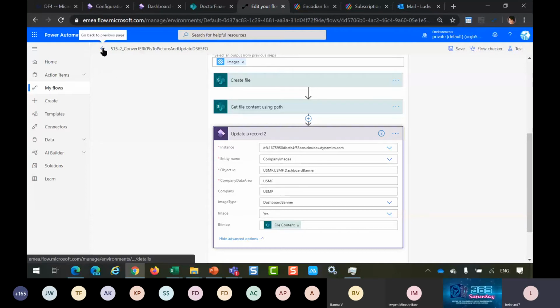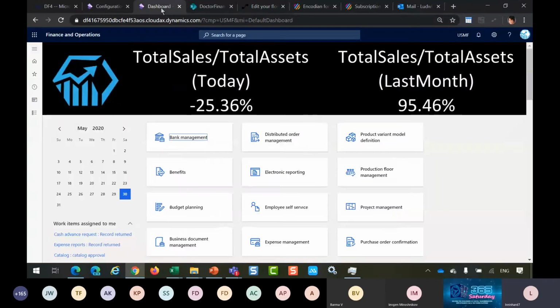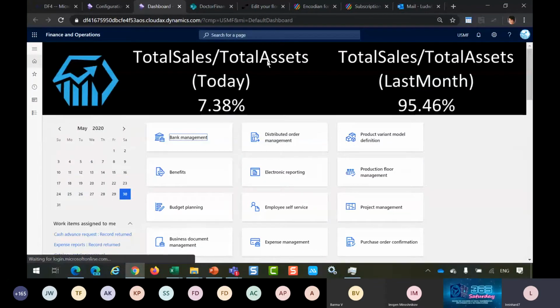So let us go back into our Dynamics. So this was our old session. And now let's just refresh this site. And the expectation is that this total sales to total asset ratio is different. So you see that posting this free text invoice for 15 million now made our total sales to total asset ratio that high. And if I would continue posting and refreshing the site, you would see changes in the data